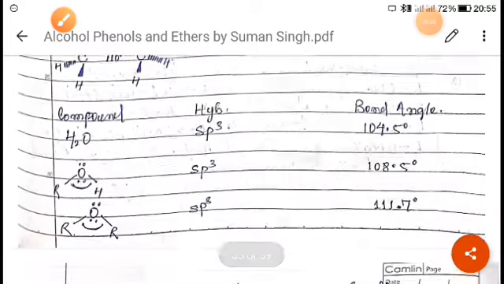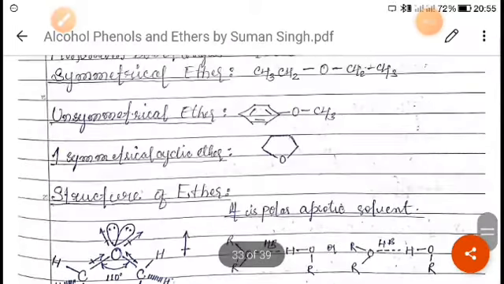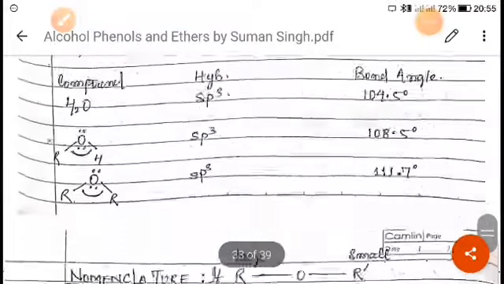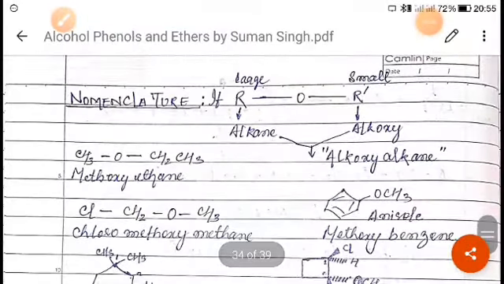So this was the basic idea, or basic introduction, about ethers. Okay, now next is the nomenclature of ether. I will try to give you one example. When we talk about the nomenclature of ether, always remember that when we are doing